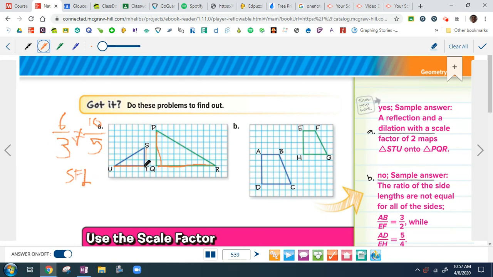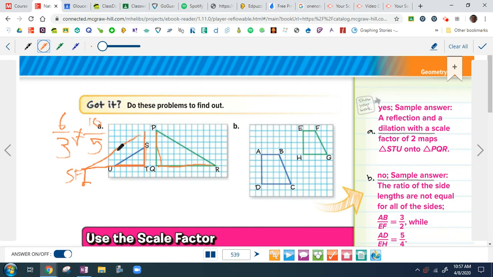And if we go from point T, that's gonna double that, so that's gonna go up to S is going to be, instead of 3 away from T, it's going to be 6 away from T. And then U is going to be, instead of 5 away from T, it's going to be 10 away from T. Somewhere over here, we got our shape. And then what other